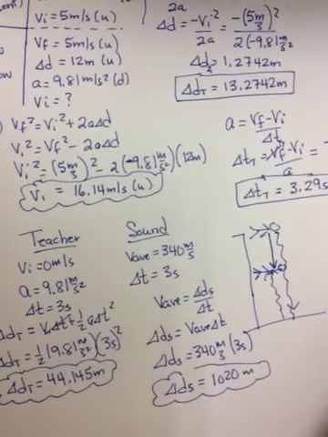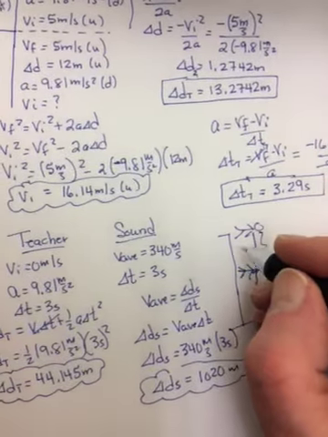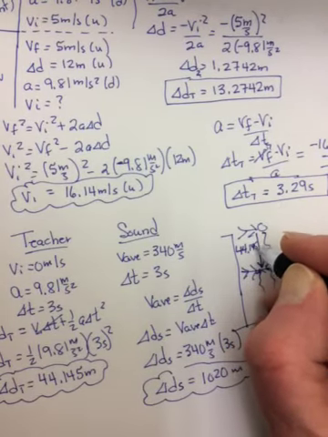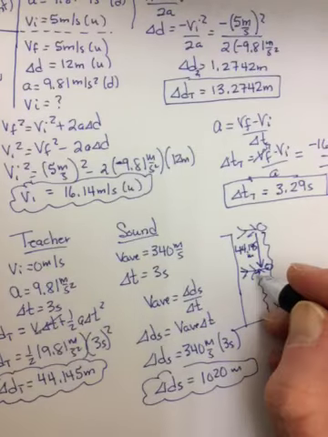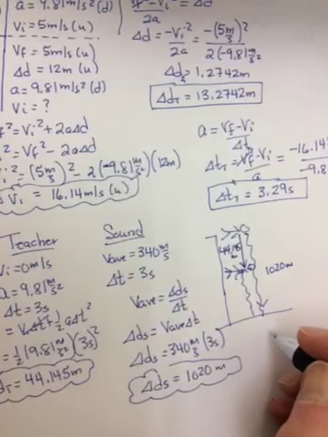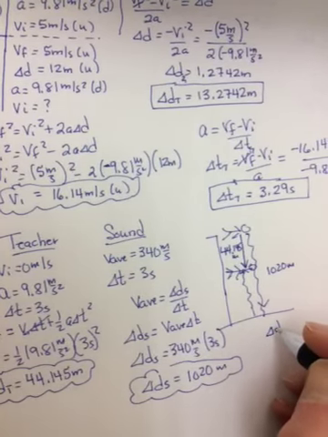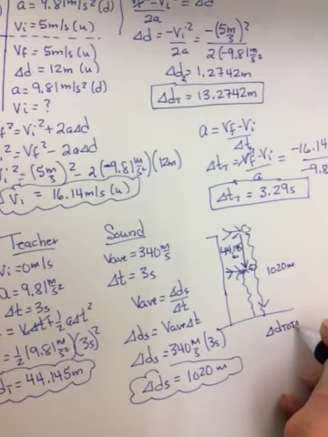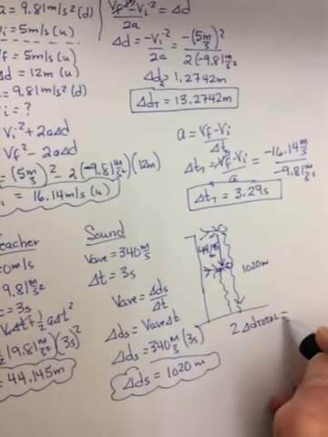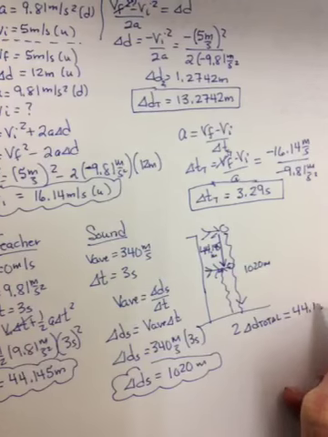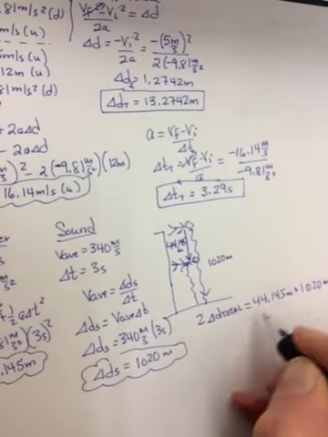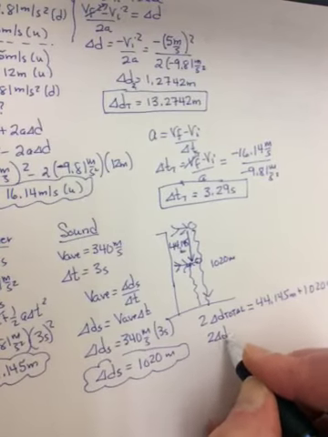So the first part of the question wants to know how tall the cliff is. Well, we know this section is 44.145 meters. And we know all the way down and up to here is 1,020 meters. So we could add them together, and if we add them together, we don't get D total. We get 2 times D total, right down and up. So if you add 44.145 meters to 1020 meters, you get 2 times the total height of the cliff,